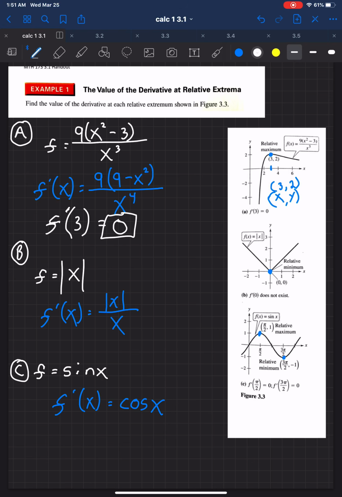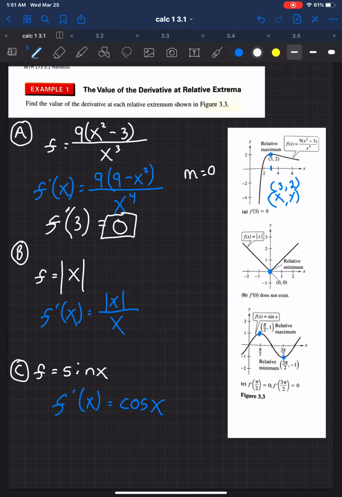Okay, so that's interesting. So it appears that slopes are 0 at relative extrema. Okay, well, let's see if we can continue here. So what about